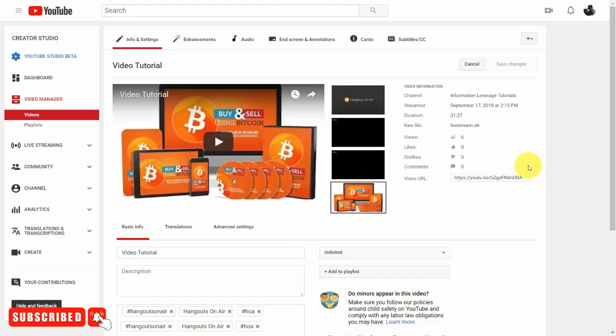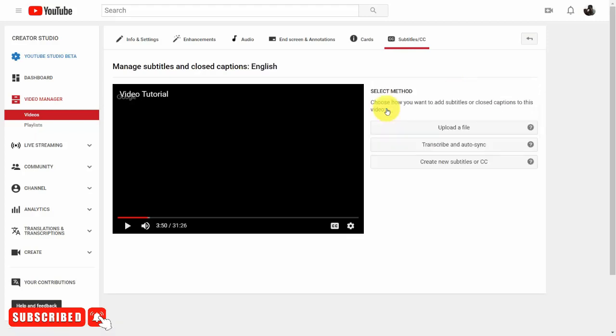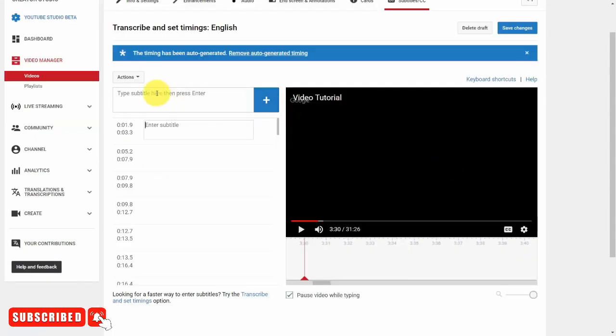Welcome back. Now you want to increase the number of people that can watch your recordings. You can do that by placing subtitles on your video. Now inside of your editing screen, you're going to notice that if you click this link, you're going to be able to add a transcript of some kind. Once you choose the language, you basically have 3 ways of being able to create a transcript. You can upload a file, you can transcribe it and auto sync it, or in other words, you can listen to the video and then type out your transcript,